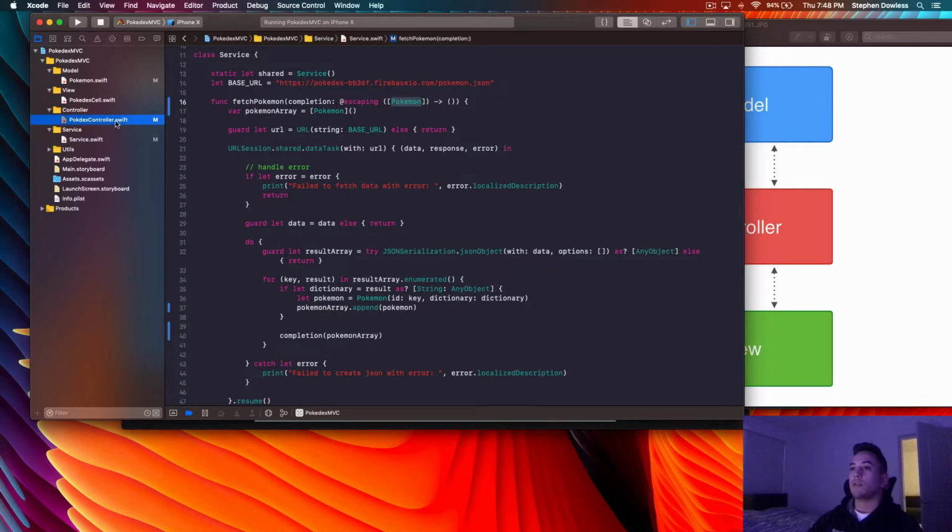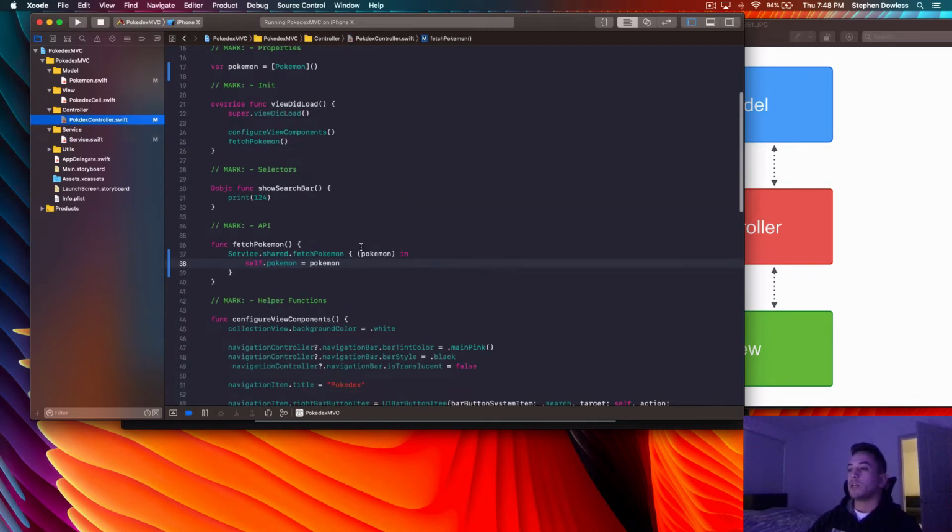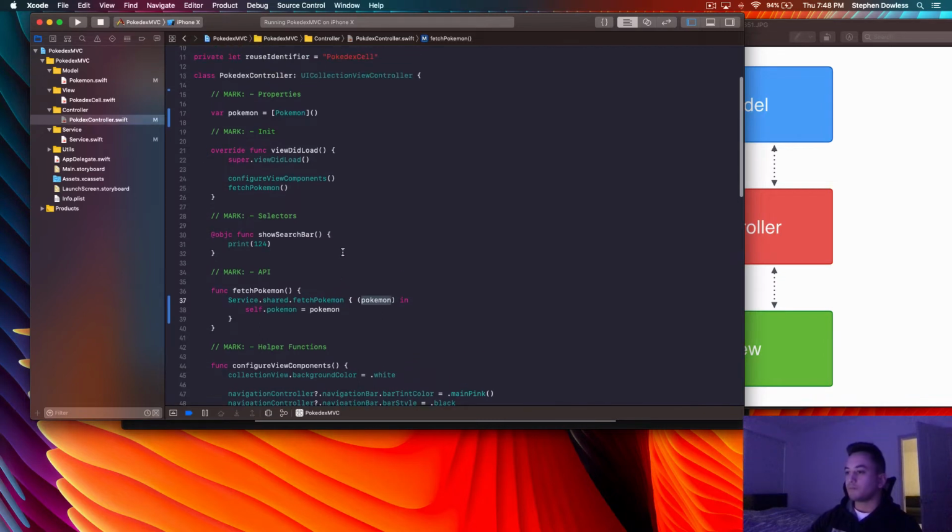So let's go back into our controller, and we notice that we have this Pokemon guy here when we pressed enter on our completion block, right? So essentially what this is saying is that once that function is fully completed its execution, right? So what we talked about before when we said, okay, that Pokemon array is fully updated and our API call is complete, then we have access to that Pokemon array through this guy here. And then we say self.Pokemon, or this guy here, is then equal to that array of Pokemon. So that is how we update our array of Pokemon, right?